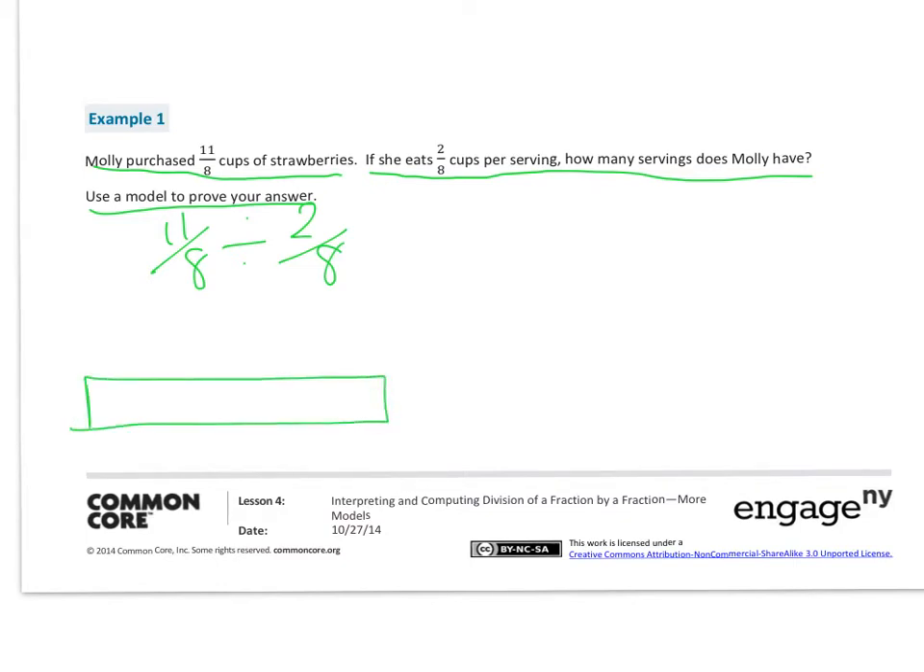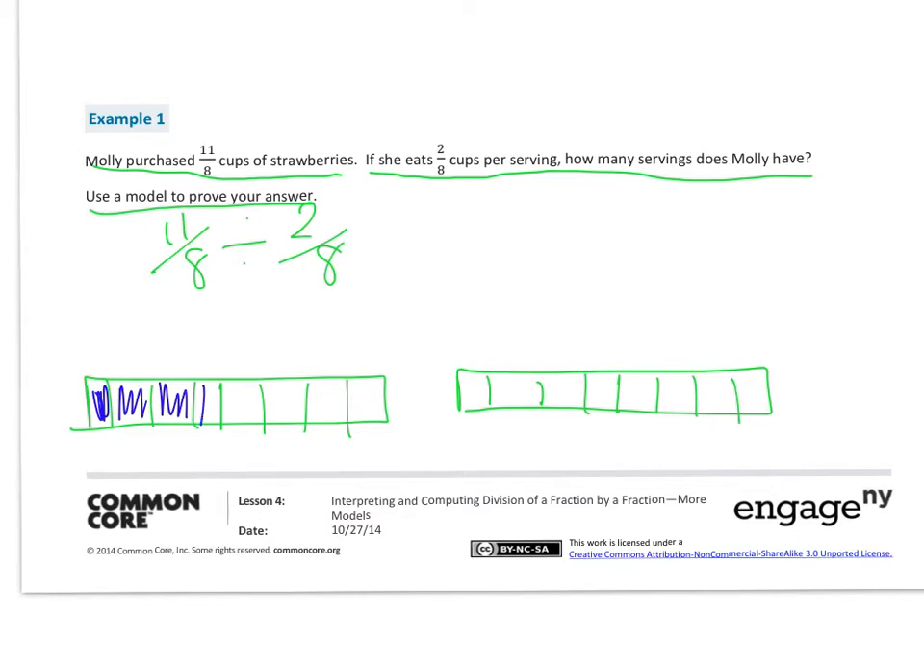So let's see, we've got eighths, 1. And then since we have more than 8/8, we know we need 2. All right, and then how many eighths do we need? 11, okay. So I've got 11/8. And then we want to know how many 2/8